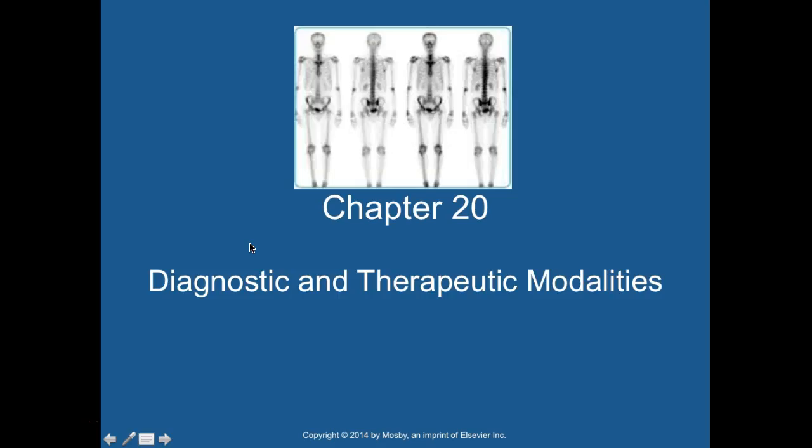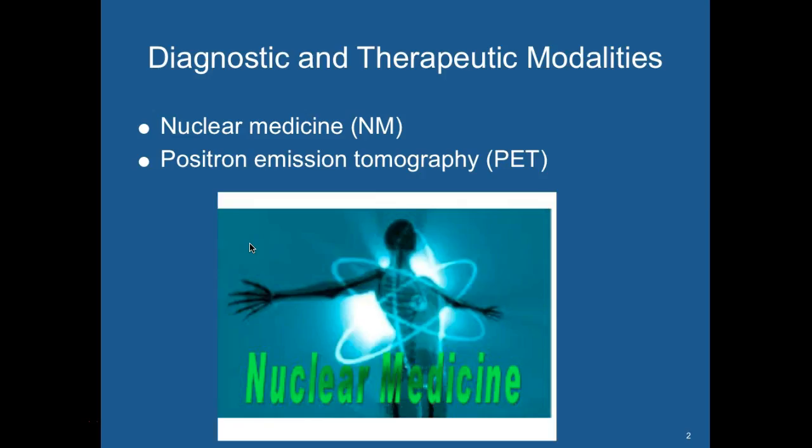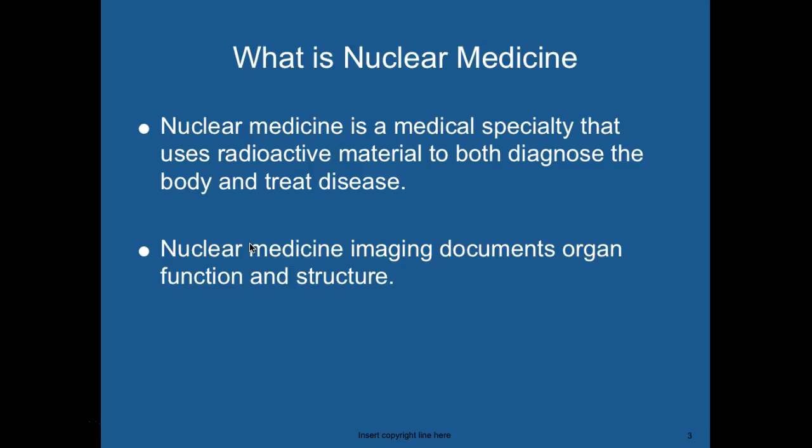Okay, so this chapter that we're going to be covering is nuclear medicine and PET. NM is the abbreviation for nuclear medicine, and PET is the abbreviation for positron emission tomography. So we use nuclear medicine and PET for diagnostic and therapeutic purposes. What is nuclear medicine? It's a medical specialty that uses radioactive material to both diagnose and treat diseases of